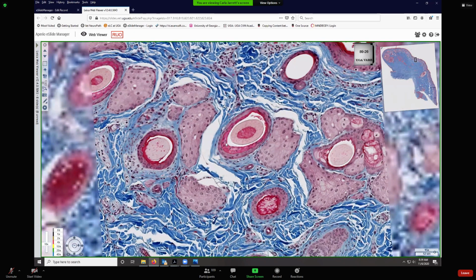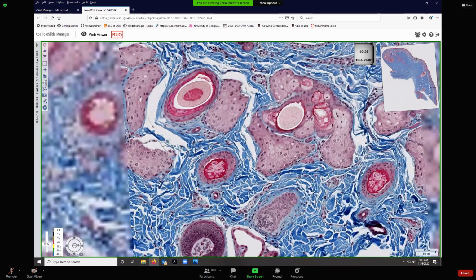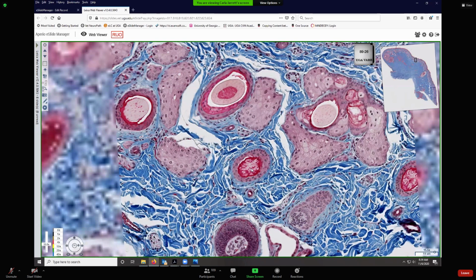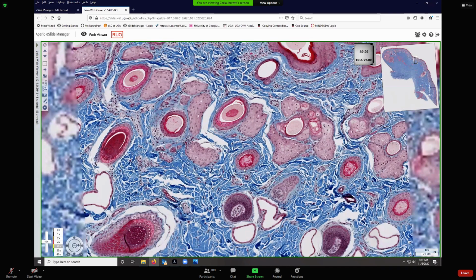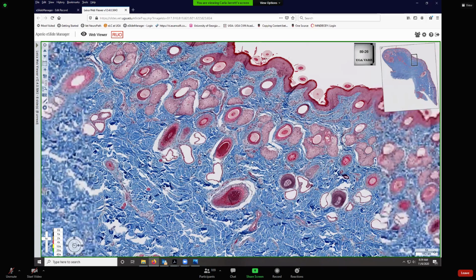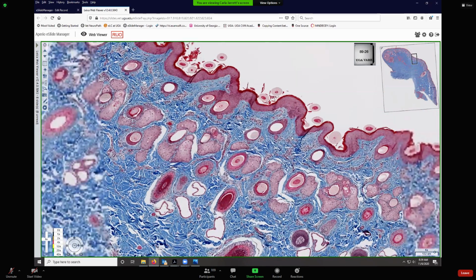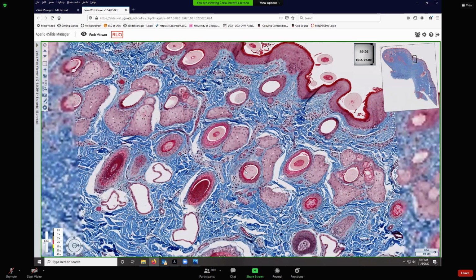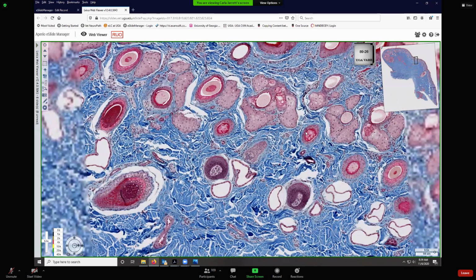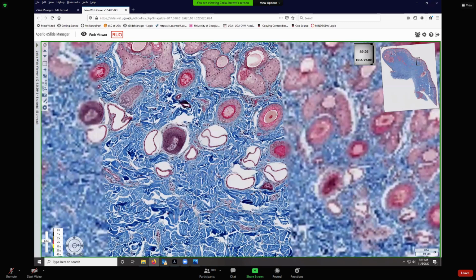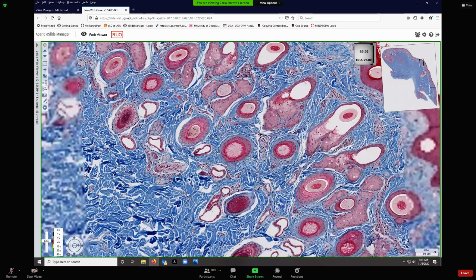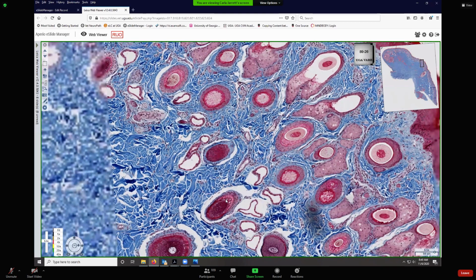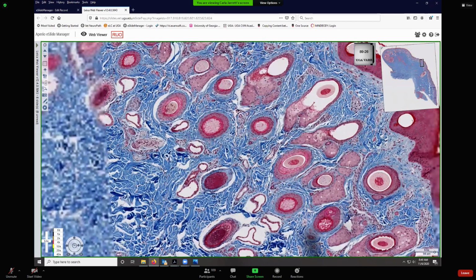So you just have to kind of drive around and practice, because you're going to see all these obliques like this, and that's really just through the stratum corneum, I think. You won't always see everything that you want to see, so you have to drive around until you find what you want to see to practice. So this one is a good transverse section. I can see the cortex and the medulla of the hair, but this one I can really only see cortex. Here I can see both. There I can only see cortex. There, gosh, I'm not real sure what that is. I think just oblique through stratum corneum. So you get the idea. You've got to drive around, and there'll be a lot of things where you'll be like, I don't know what the heck this is, but